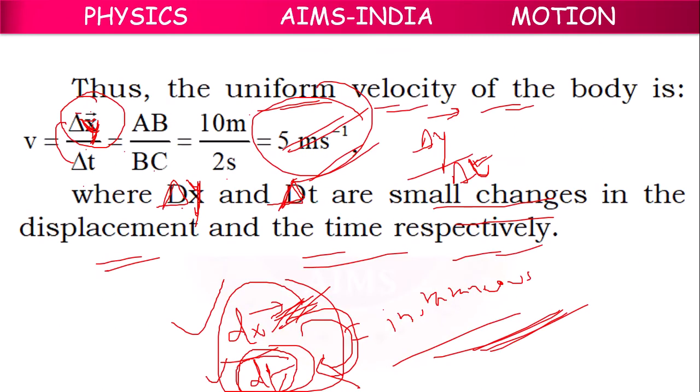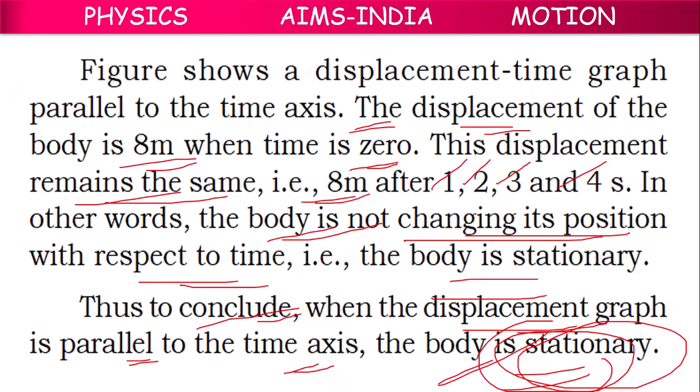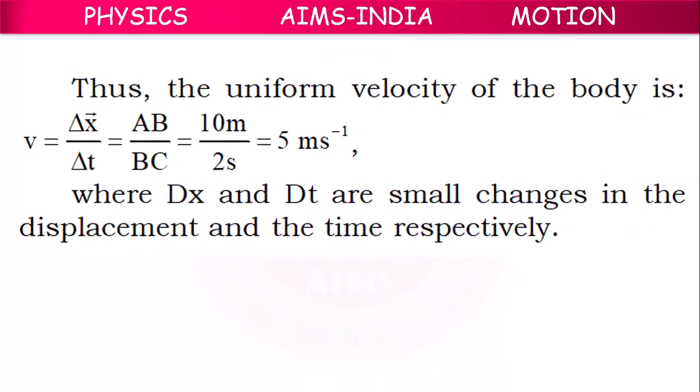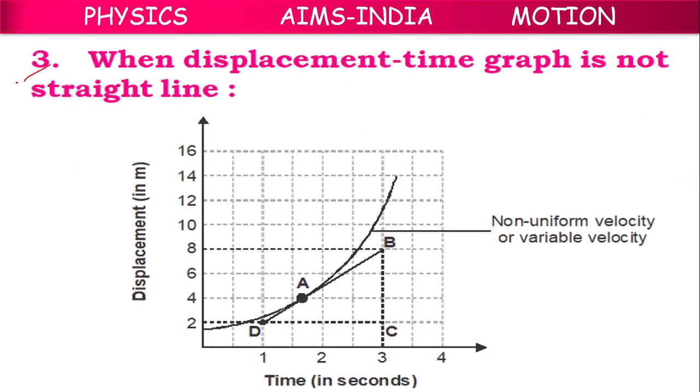Next, the third condition: when the displacement-time graph is not a straight line. Not a straight line means it is like a curve. If it is like a curve, then at 0 seconds,